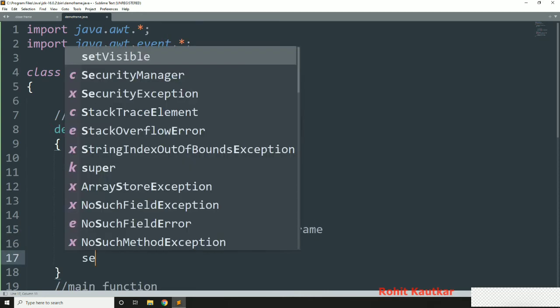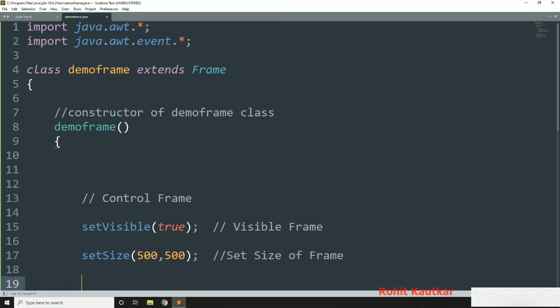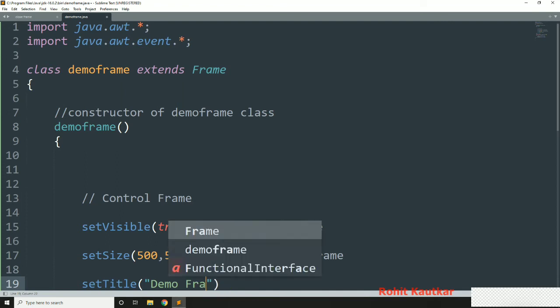Then after that I will set its size with the set size method. So let's say width will be 500, height will be 500. After this I will set the title of our frame with the help of the set title method. So let's say demo frame is our frame title,